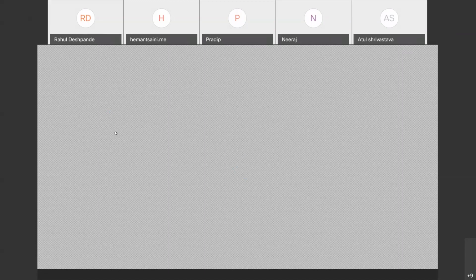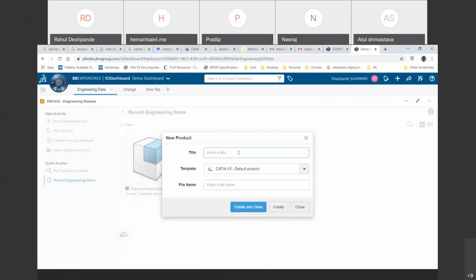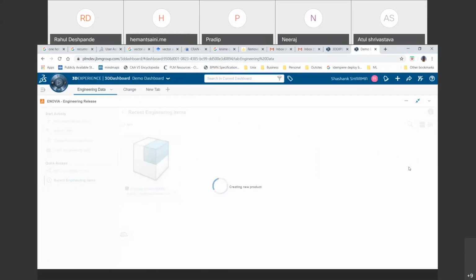So I say this is my Cradle assembly. Now I will create and close this item.